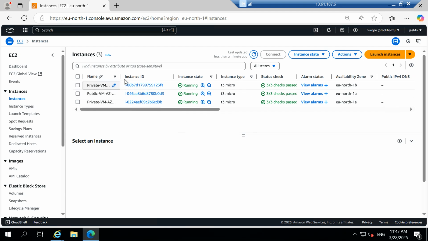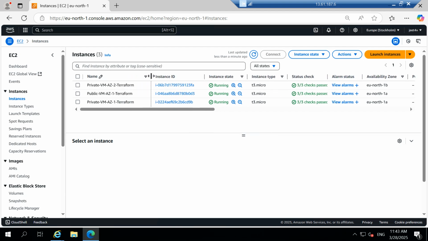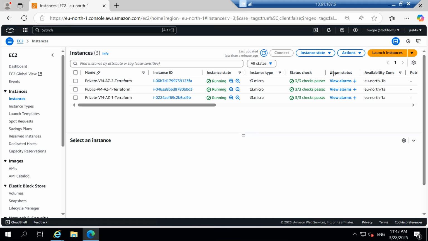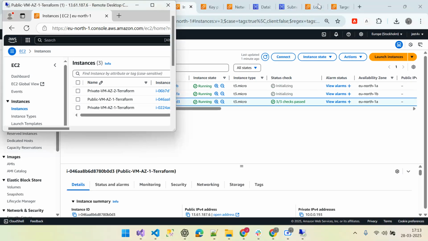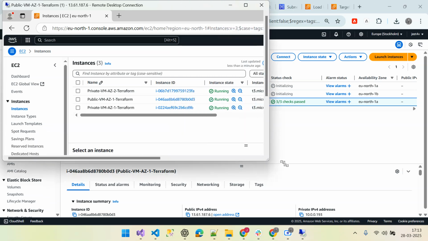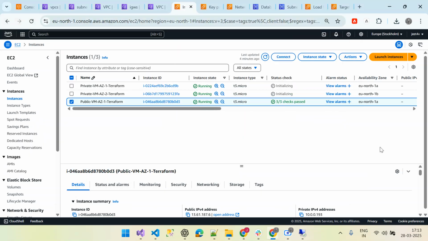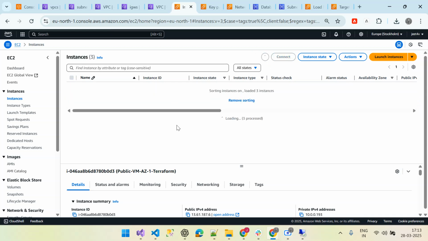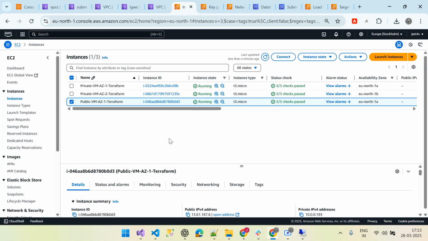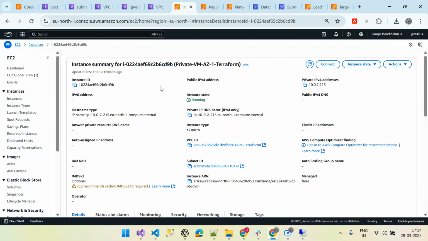Yeah, all the three VMs are available to join, to connect. So first I will show you. I will try to connect this private VM from my laptop, which means from outside the availability zone. Private, this one. I will try to connect this,